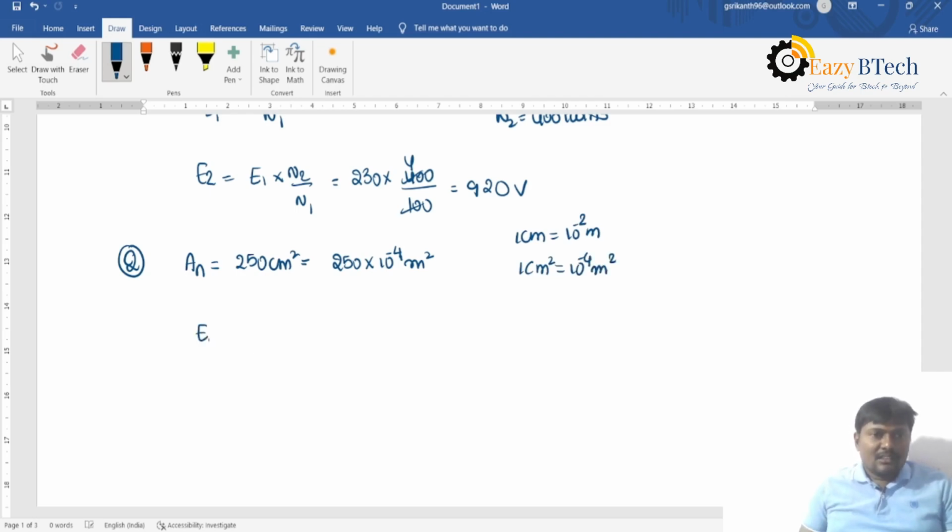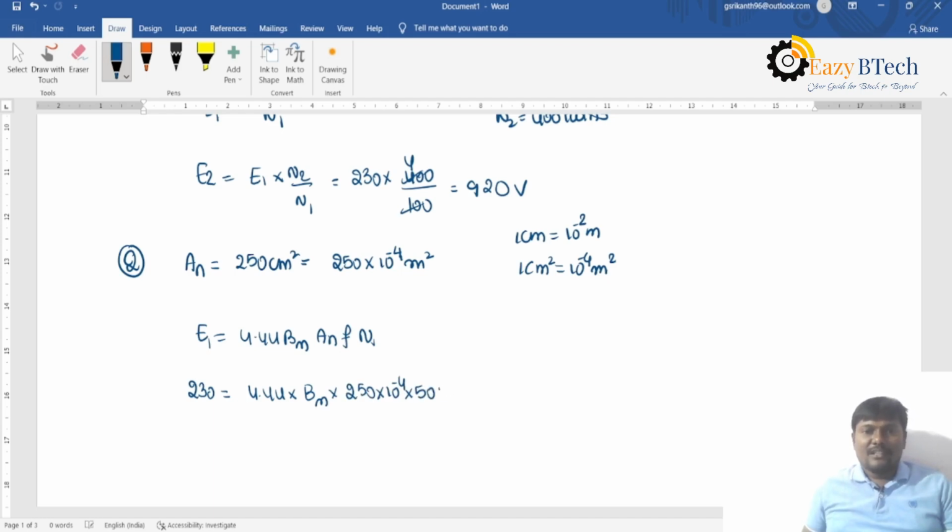Okay. E1 is equal to 4.44 into B max into A n into F into N1. Induced EMF in the primary winding is 230. 4.44 into B max I have to calculate. The net cross sectional area is 250 into 10 to the power of minus 4, our frequency is given as 50, and the number of turns in the primary winding is 100. So 230 divided by 4.44